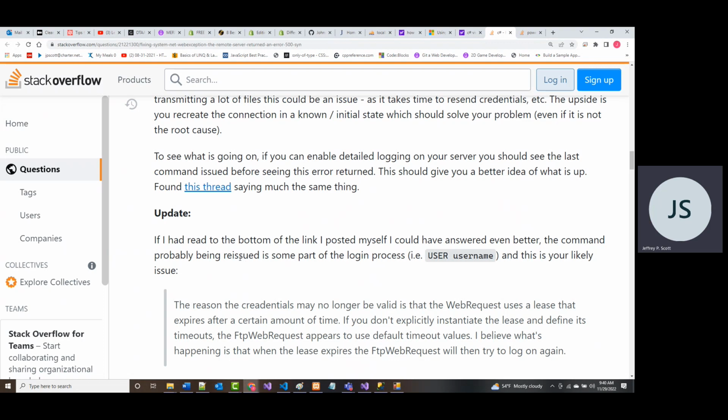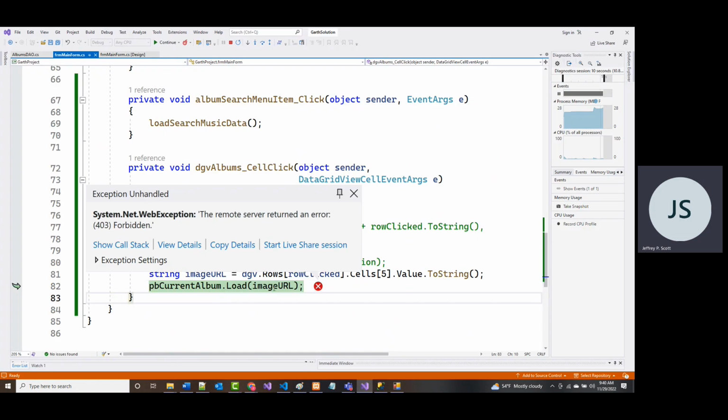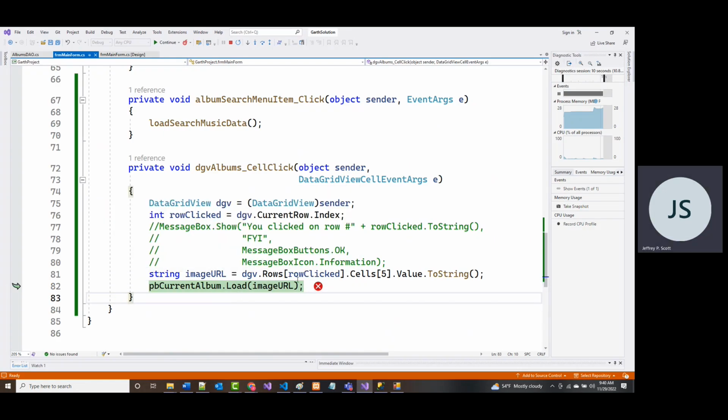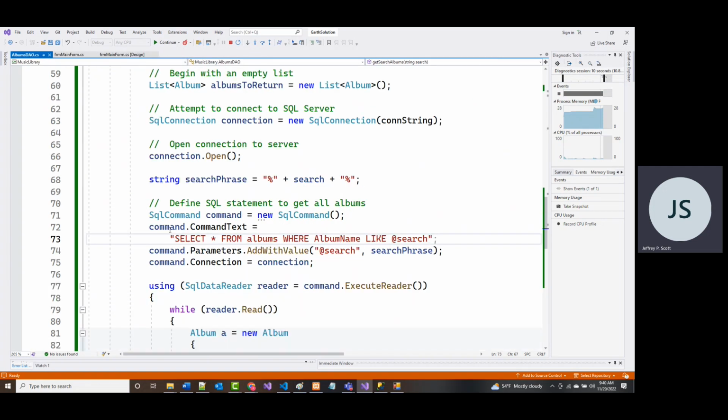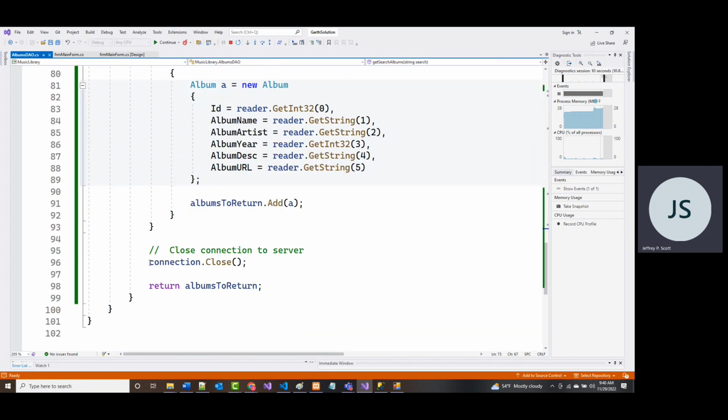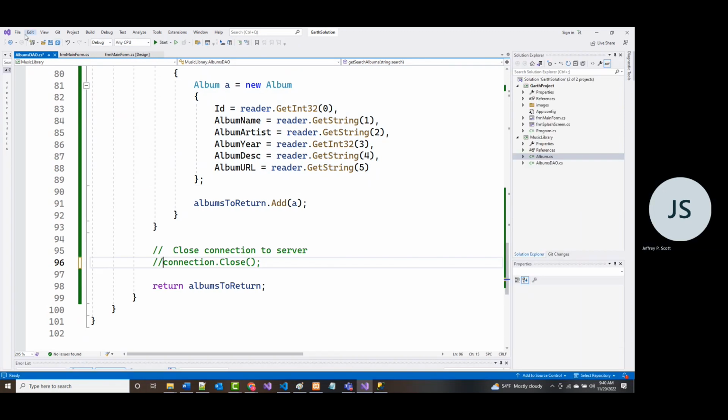Okay, I'm wondering if it's possible that the reason it's doing this has nothing to do with this at all, but it has to do with the fact that in our album DAO, we are closing our connection here. What I'm going to try to see if it works is just to take that right now, and I'm going to leave that connection open.